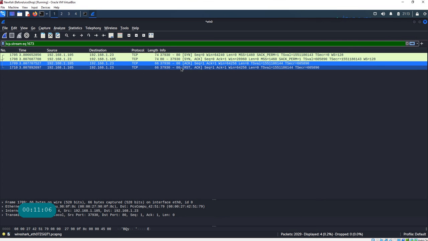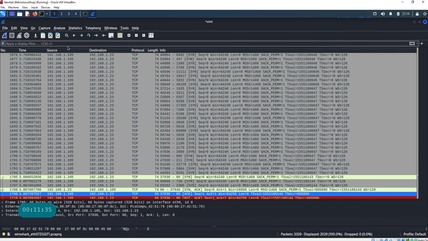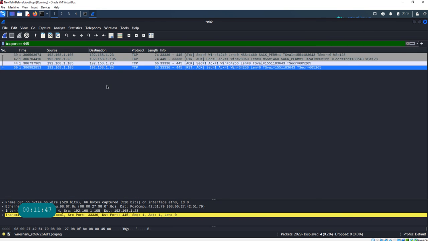And it looks like it also sent a reset packet at the end, and it said, hey, I'm done with you. You can now close the connection gracefully. Okay, so what happened in this scenario, you have a full connection established, right? So let's close this. And if you wanted to quickly find out, say, what happened to port 445, you can possibly use some of the filters. So let's say tcp.port, and if I say double equal to 445, and if I hit enter,